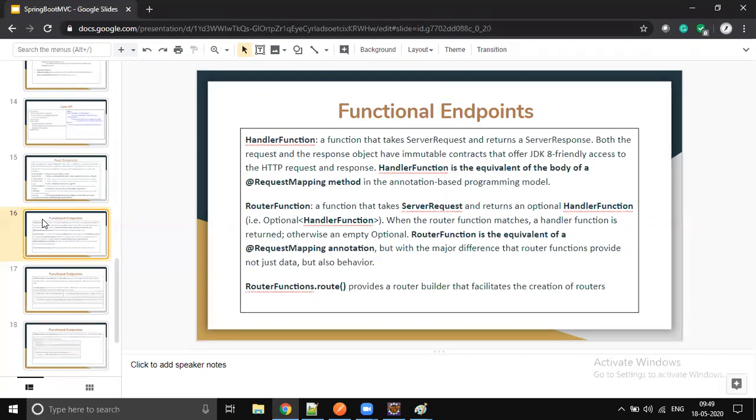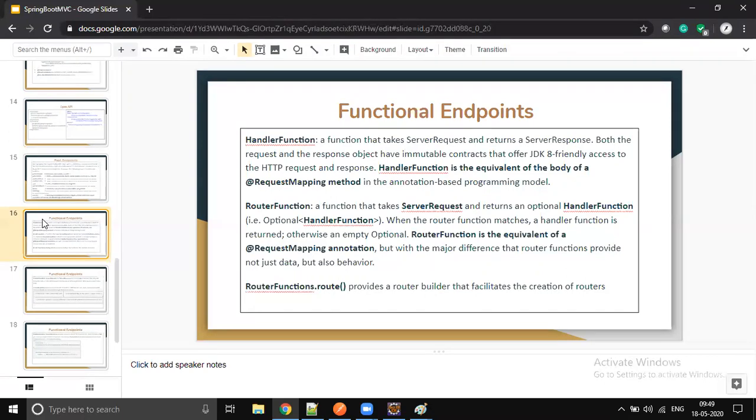This got introduced with Spring MVC version 5.2 last year in August. This feature got released around August, which is 9 months, I think it's like 10 months. The concept is very new, but it's going to be the future way of doing RESTful web services in Spring. This is what is going to be the future mode, right?